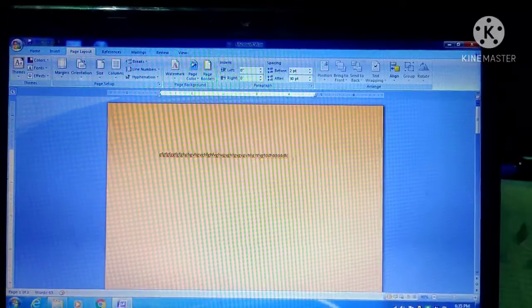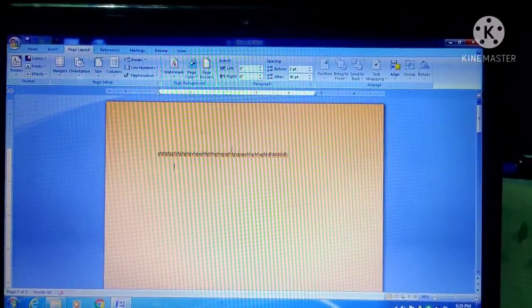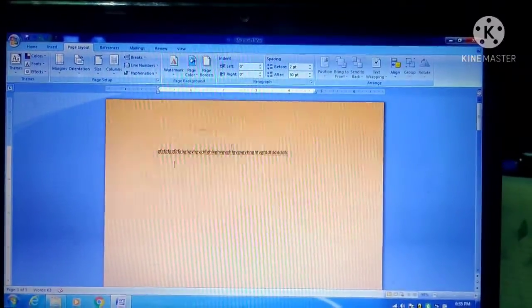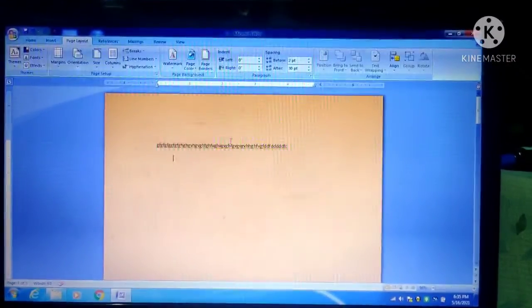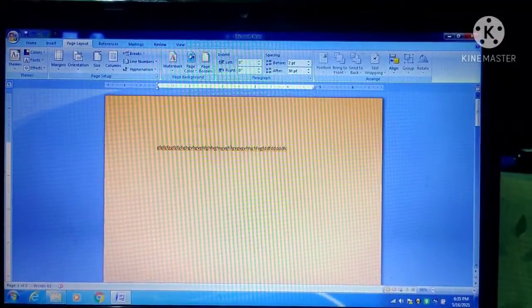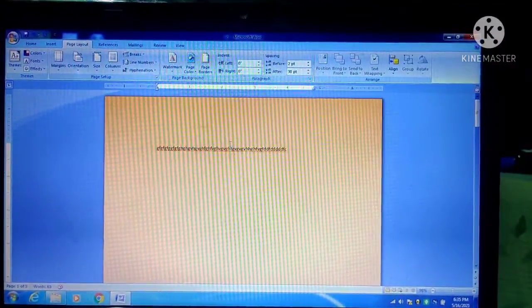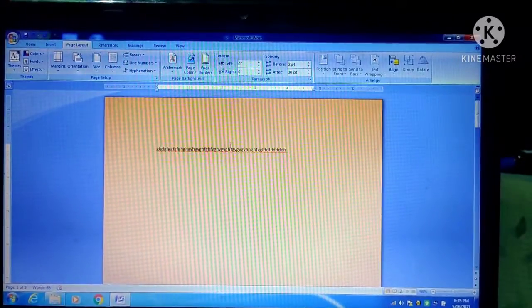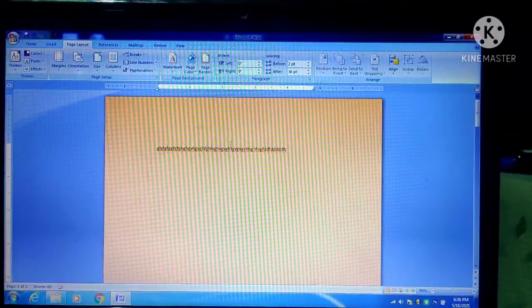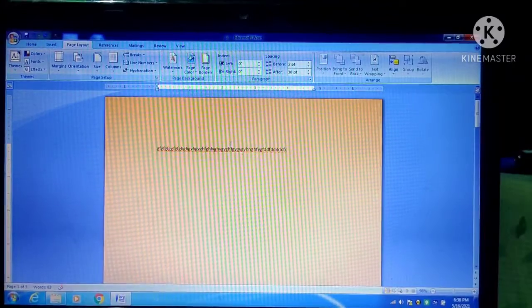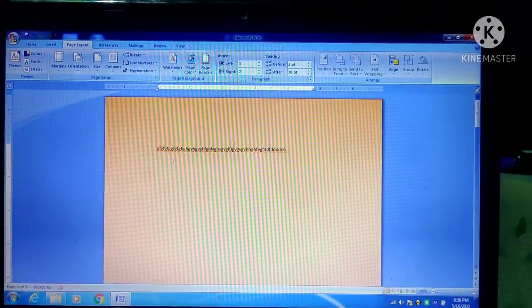Just click it and the document will be colored in the given color, but the default color is always white. If you are not changing the color, it will stay white, but if you want to make it more attractive and visible, you can change the page background in this way.